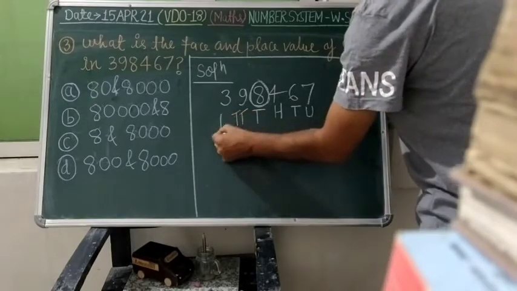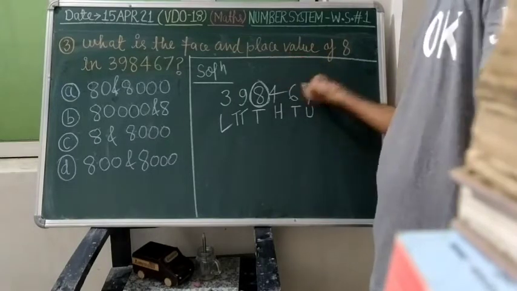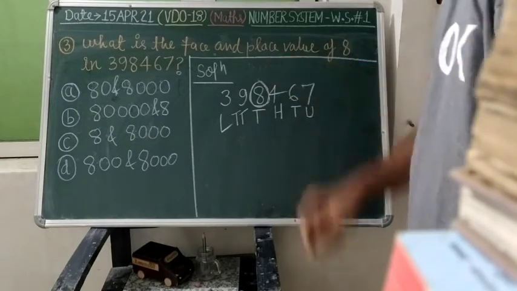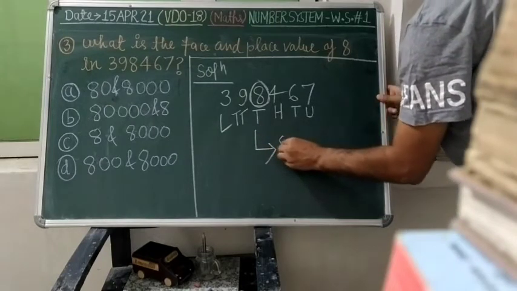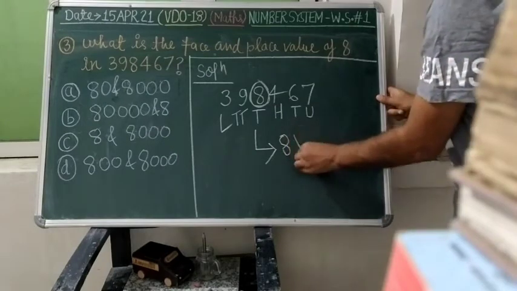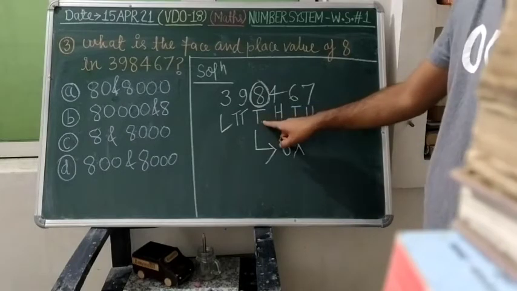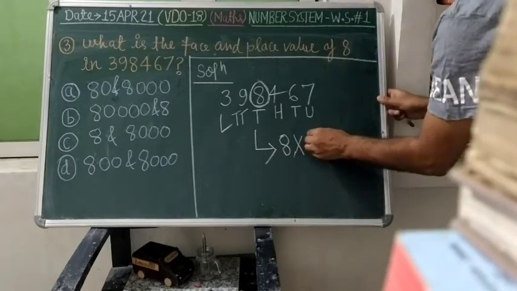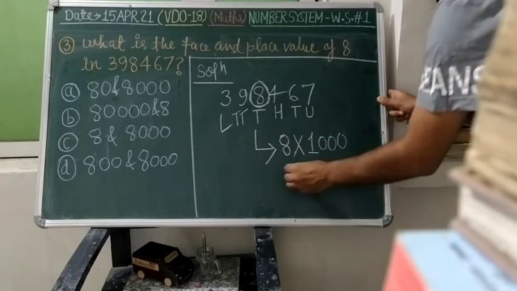This one is lakh. Since we want the place value, at which place it is situated, let us first consider the place value. We want to find the place of 8. So what will you do? 8 into, at which place is it situated? It is situated at the thousands place. So what will you write here? Into 1000, which will give you